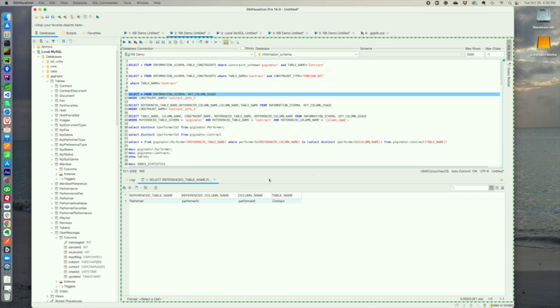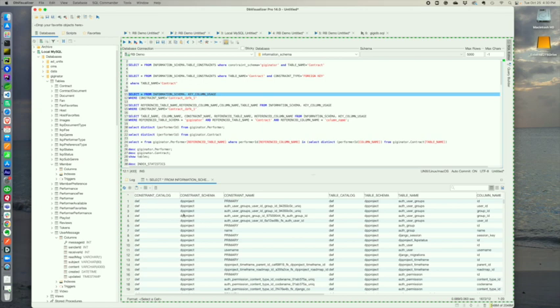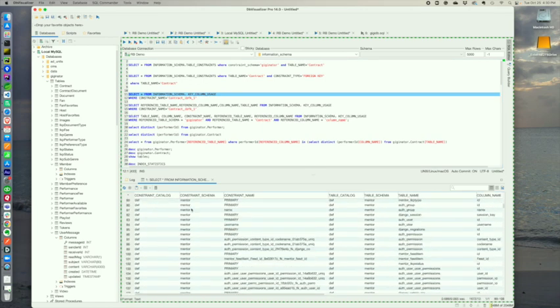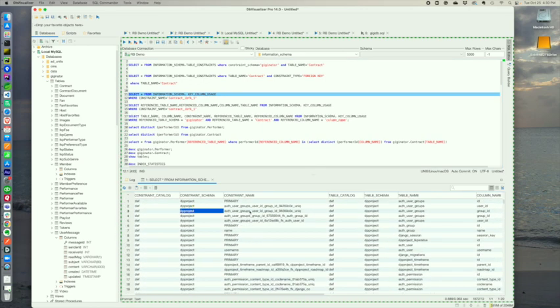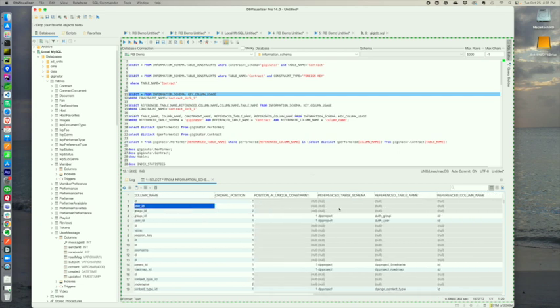So reconnect here. And it's going to take a second. What you're going to see with these is what your schema is. It's got what the constraint name is, which is pretty darn important. The catalog, well, you don't really need that one. Table schema, because this is constraint schema versus table schema. And then you have table schema, table name, column name, and then a reference table schema, reference